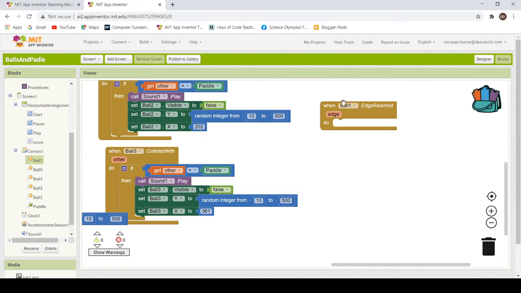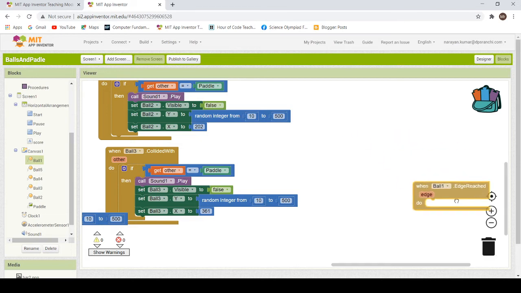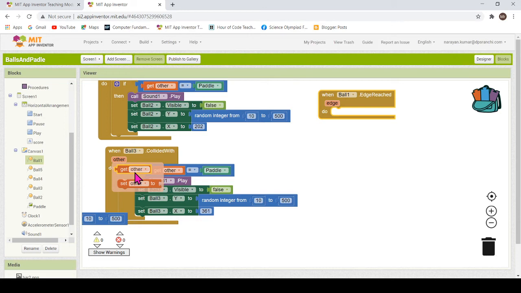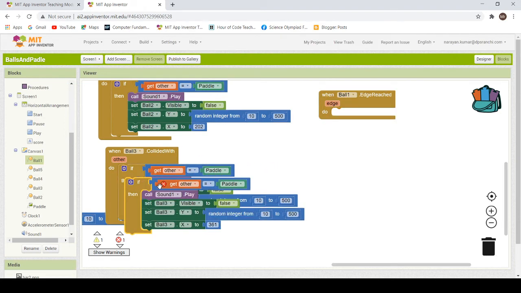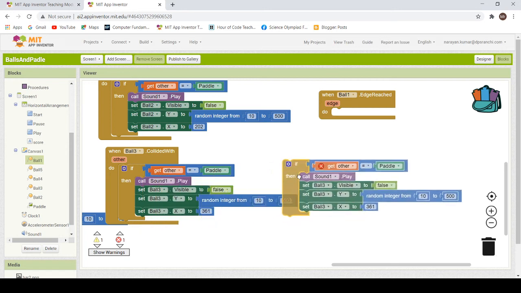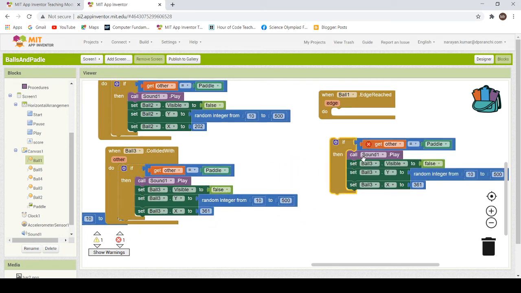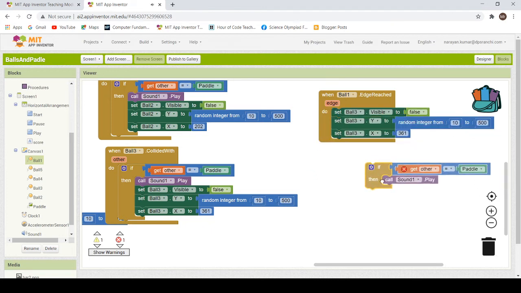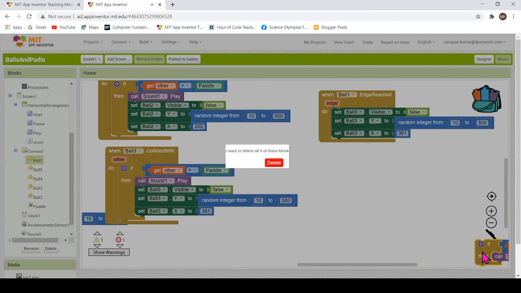To do so, I'll copy this, but for timing I'm going to make a duplicate, and I will place this here. Okay, that is fine.